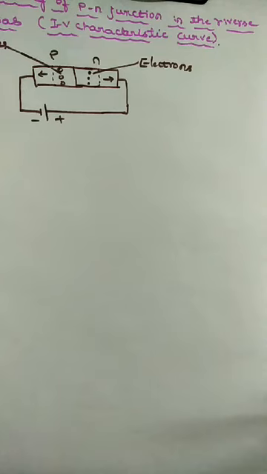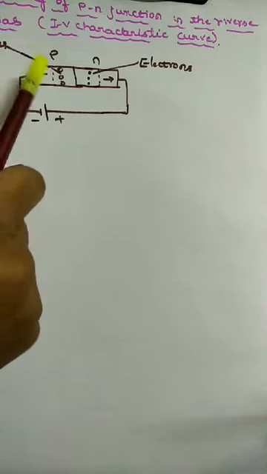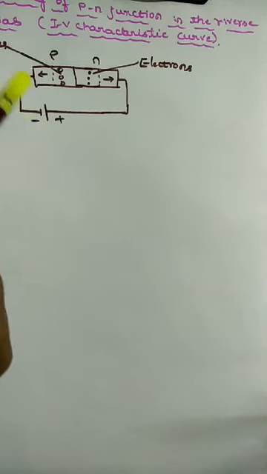When the diode is reverse biased, as shown in the figure, the holes are attracted by the negative terminal, obviously, opposites attract, and electrons are attracted by the positive terminal of the battery. As a result, the width of the depletion region